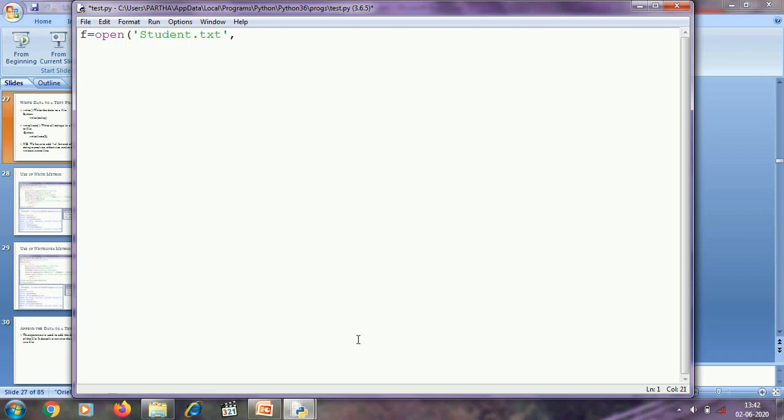I am going to write to a file student.txt, so I have to mention the mode as w. If student.txt is present in the current working directory, then after execution of this program, the file will be overwritten. That means the previous data of the text file will be lost. And if student.txt is not present in the current working directory, a new student.txt file